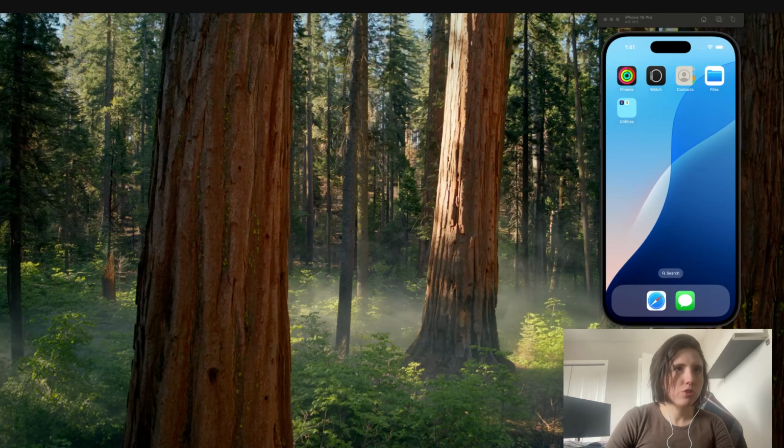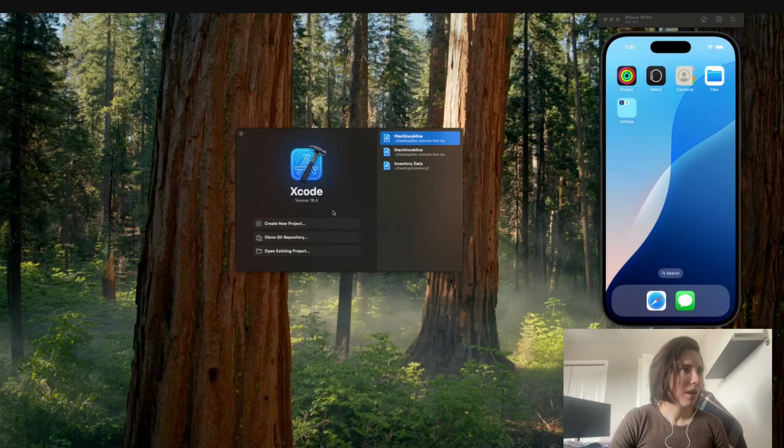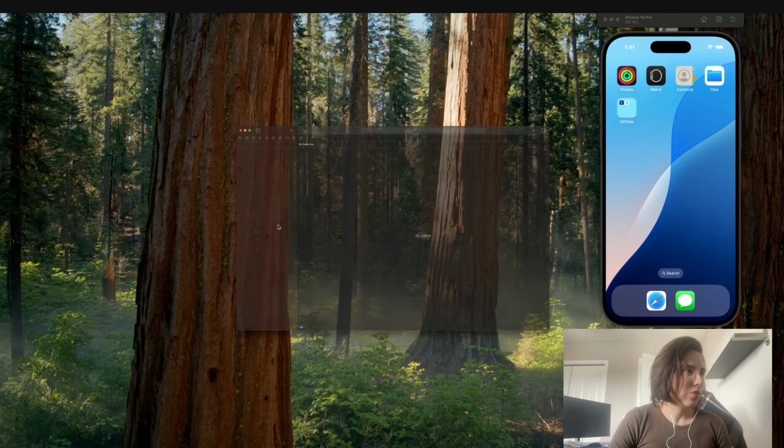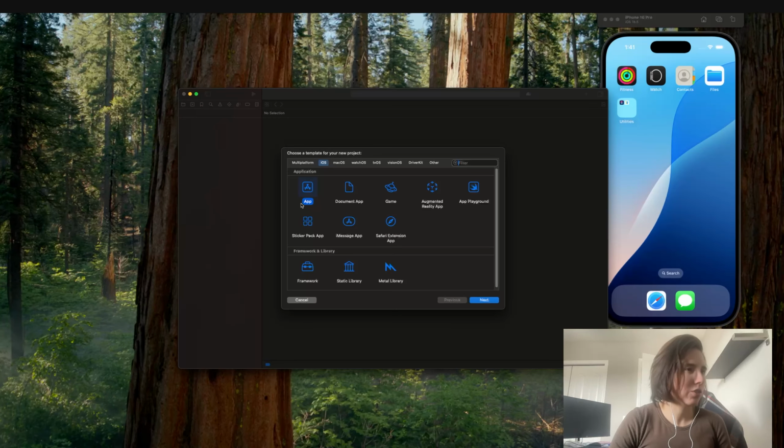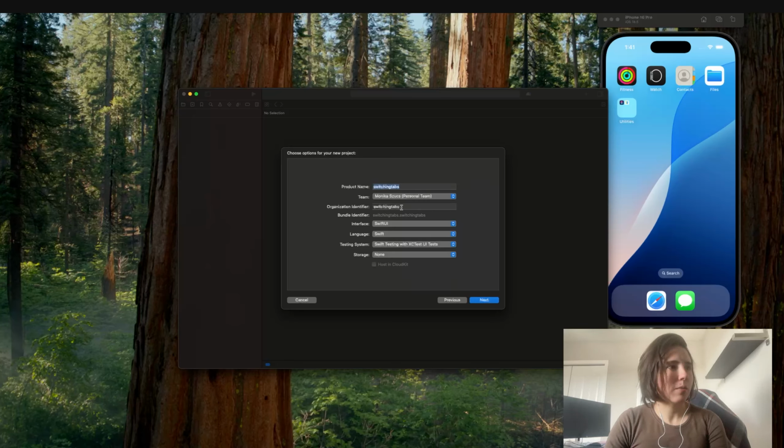So what we'll do is we'll just search for Xcode on our computer. There we go, we got Xcode, and this thing will pop up here, and what we want to do is create a new project. We want to create a new app. So we're going to call the product name switching tabs. We're going to have the organization identifier as switching tabs, and I'm just going to leave it as SwiftUI, Swift. These are all great defaults, and then I'll click next,